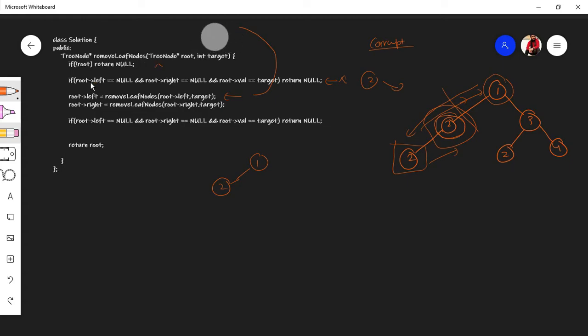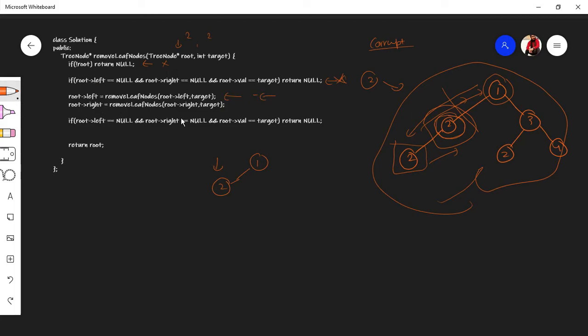अब मैं फिर से आया हूँ, बट इस बार मैं रूट की वैल्यू 2 लेके आया हूँ, और टारगेट वैल्यू तो वो 2 है ही हमेशा। तो मैंने फिर से चेक किया है कि क्या मैं जिस 2 पे अभी खड़ा हुआ हूँ, क्या वो लीफ है? इस पूरे डायग्राम के अंदर देखो, ये लीफ नहीं है अभी। तो मेरा ये एम्प्टी तो है ही नहीं, और वो लीफ भी नहीं है, तो ये भी क्रॉस हो गया, ये भी क्रॉस हो गया, दोनों कंडीशन फॉल्स हैं। मैं फिर से लेफ्ट के अंदर आ गया हूँ,